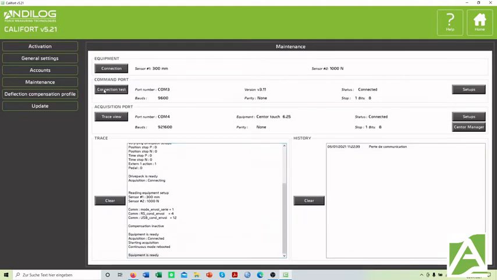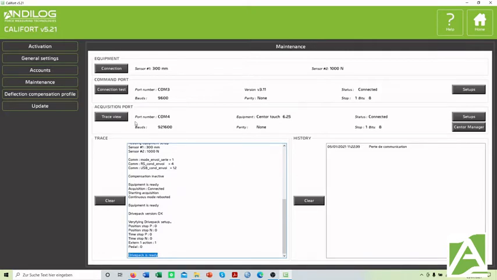Click Command Port Connection to see if communication with the drive pack is established. The drive pack is used to control the machine. The message at the bottom of the line is the most important and should be "The machine is ready" and "The drive pack is operational." In case of a communication error, we invite you to restart your computer and the test machine and check again